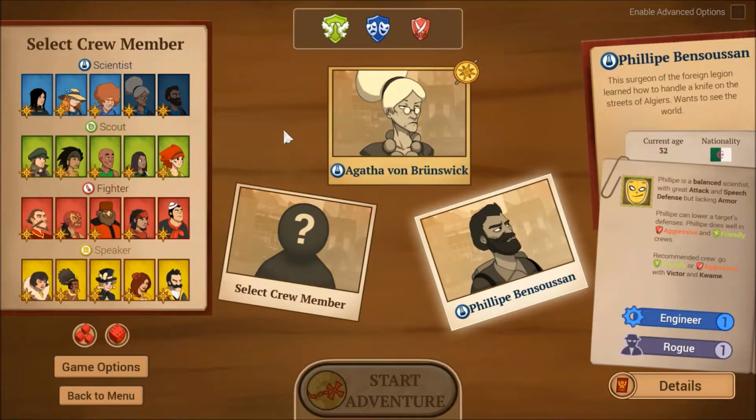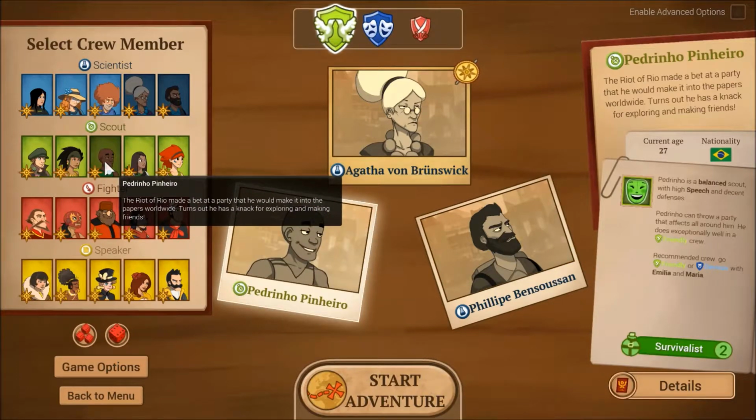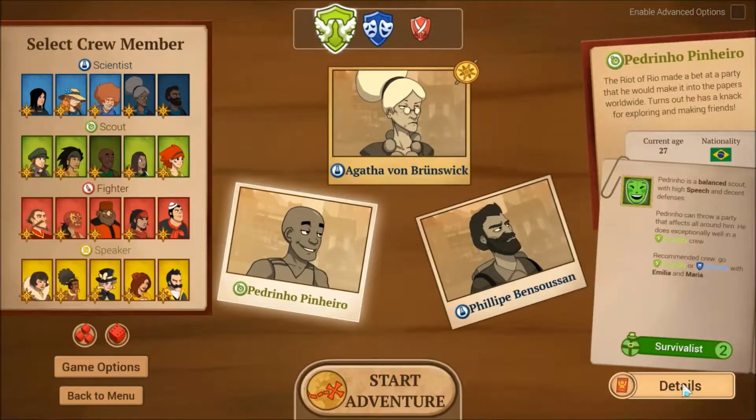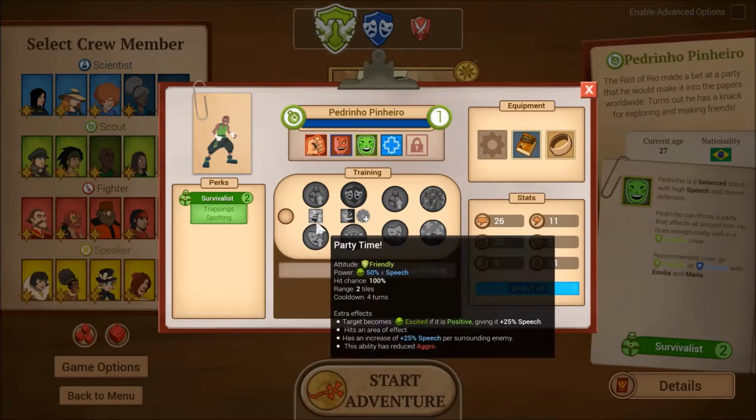Let's get Philippe back there. All right, our last crew member. You know what? Let's go with Pedrinho. A little bit of my previous knowledge coming out here. I love Pedrinho in a friendly group. He's almost too powerful at what he does. Not only is he great in a friendly group, he has a survivalist level 2, which is very nice. He gets this move,